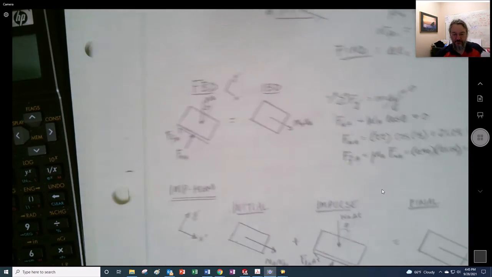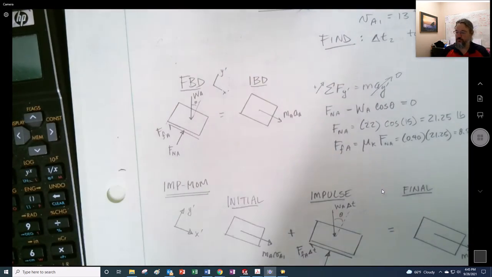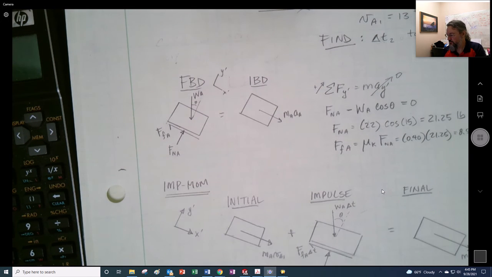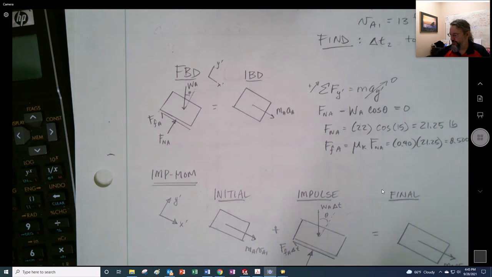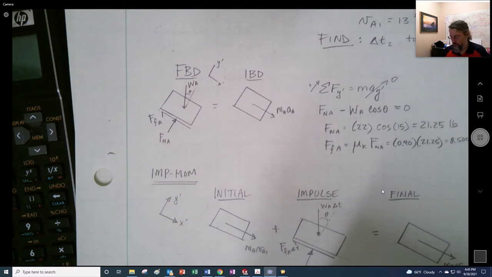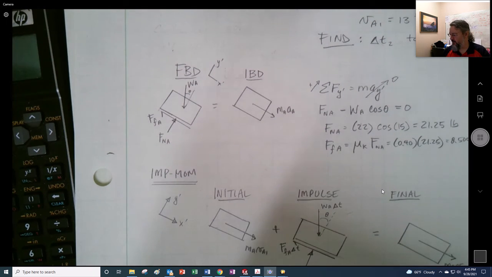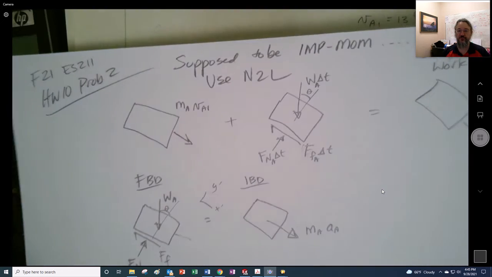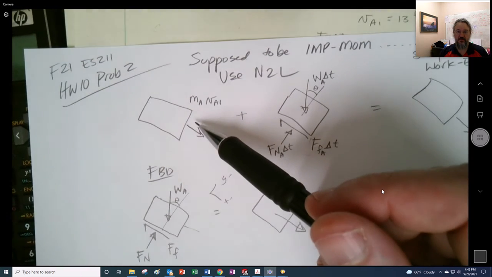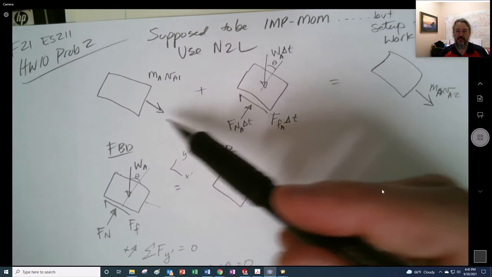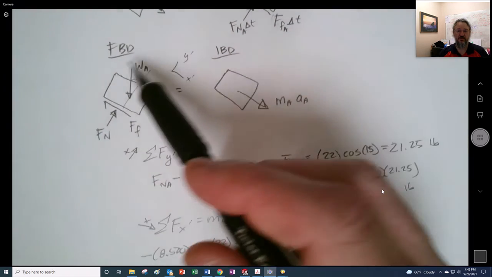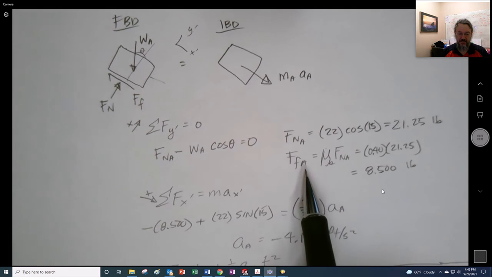The original problem that I had started here, let's see, do I have a good picture of it? No, I don't really have a picture of it. I had it as 10 feet apart, and I wanted to change, and looking at that, I could do it two different ways when I knew the distance instead of the time. In fact, okay, so I could use Newton's second law, so I'll show that one first. All right, so for Newton's second law, for this first box, I could, okay, here's the impulse and momentum thing I was doing, but here's Newton's second law. So I got the same answer in the